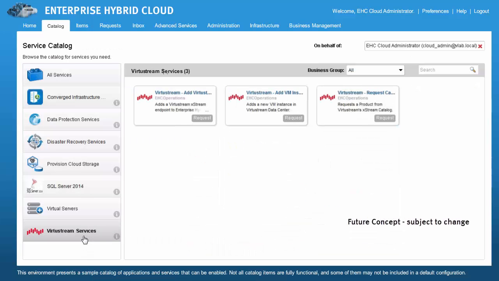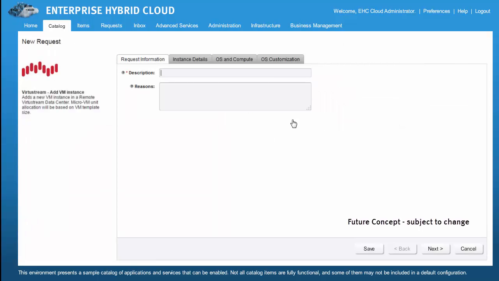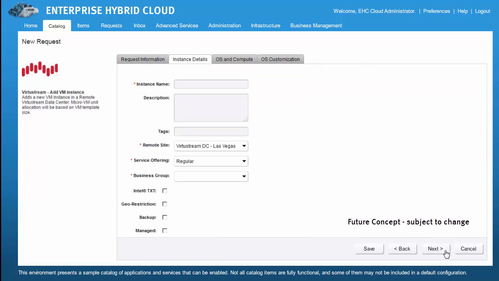So for this last demo, let's jump ahead in time a little. And imagine we're doing an off-premises deployment, but this time we're going to a VirtuStream data center and we're adding a Windows VM. With a VirtuStream deployment, we can imagine the flexibility of having a lot more control over how this VM is deployed, what we're going to call it, what site we want to push it to, right? If we have multiple locations that we can choose from,